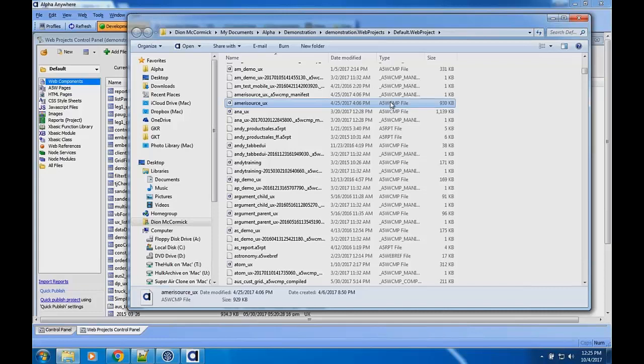So literally it really wasn't human readable. It was compiled into a binary format that Alpha could understand, read, and write. Well, a recent addition to Alpha is that it can actually save these files now as JSON representation instead of binary. And the thing that opens up is the ability for you to compare two files using a diff program to see what's changed, so you don't necessarily need to open up Alpha.